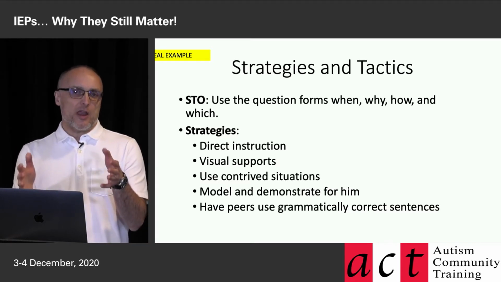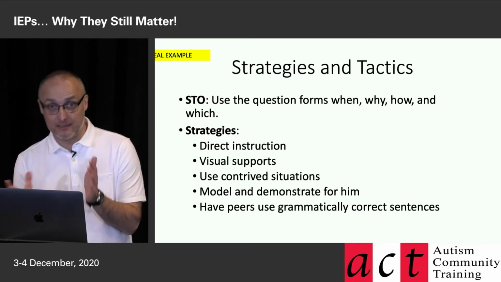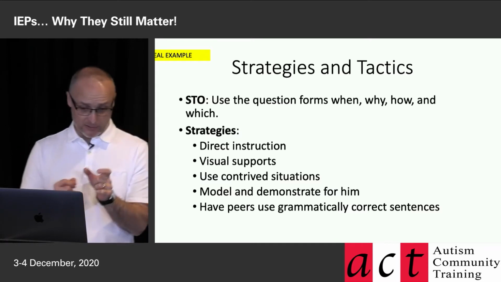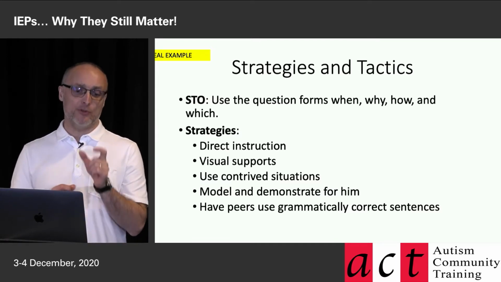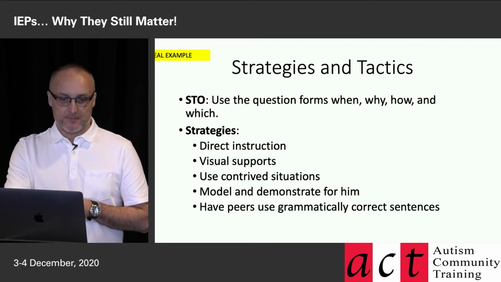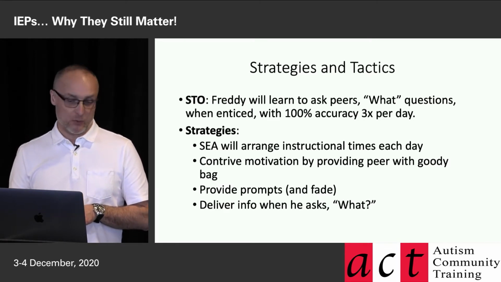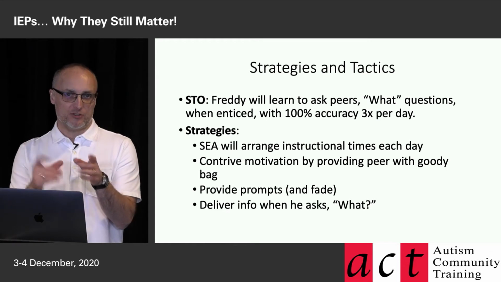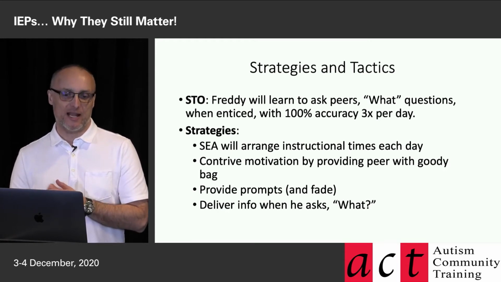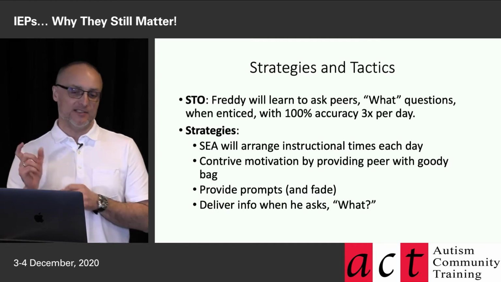So this is really a weak list of strategies. It's an unclear list of strategies. It's a vague list of strategies. And we like specificity not just for the short-term objective, but also for the tactics. How are you going to achieve this? So let's improve this. The short-term objective is that Freddy will learn to ask peers what questions. So now we've narrowed it down from WH to just one WH, what questions, when enticed, with 100% accuracy 3 times per day. All that's missing in this short-term objective to make it even better is a deadline by when